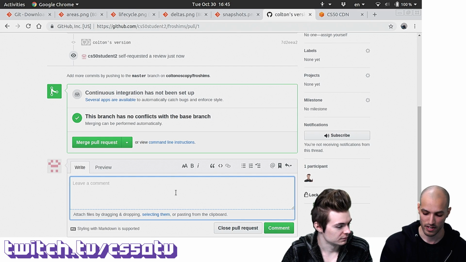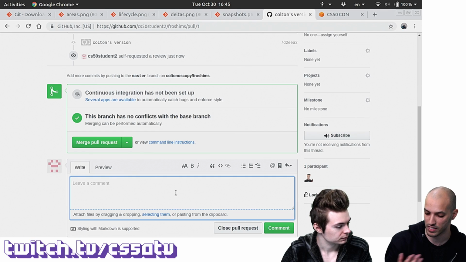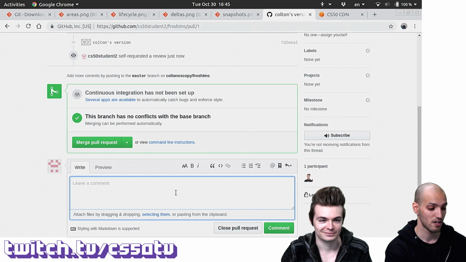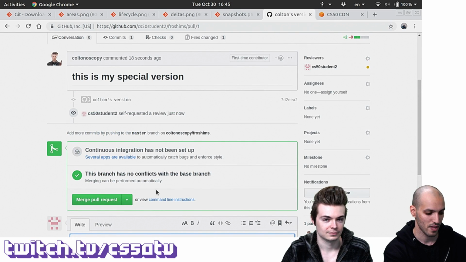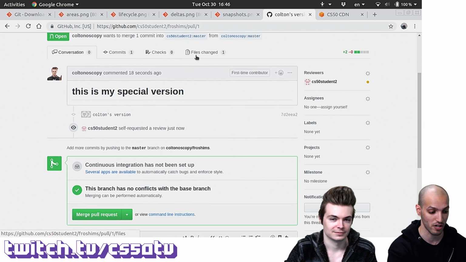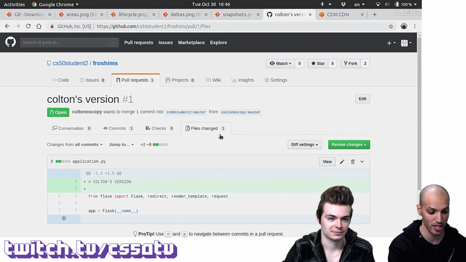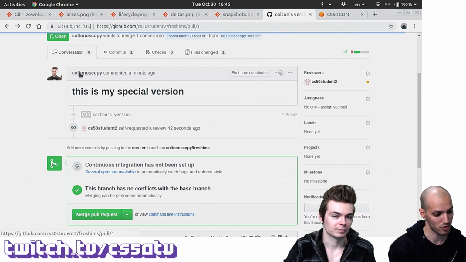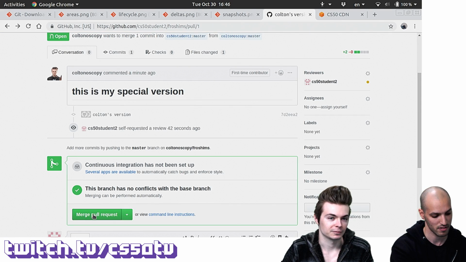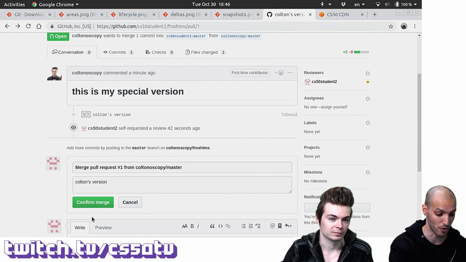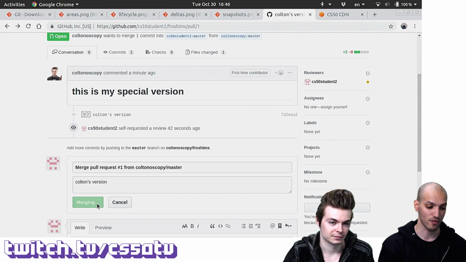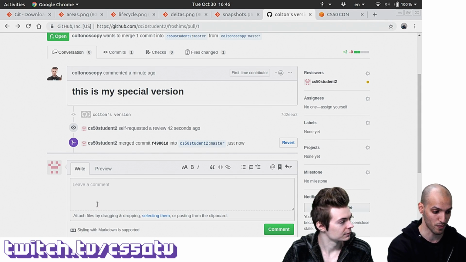Like, we can just add, hey Colton, I'm expecting this to be like this, or that's good job, or any other number of comments that I could add about this pull request. Once I'm happy with Colton's changes, notice that I also can see what changed using the files changed tab. If I go back to conversation, and then once I'm happy, I can just click merge, confirm merge,